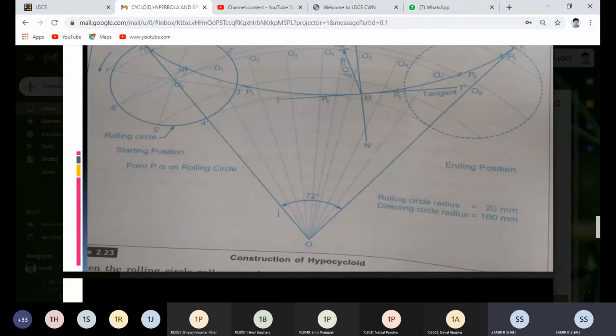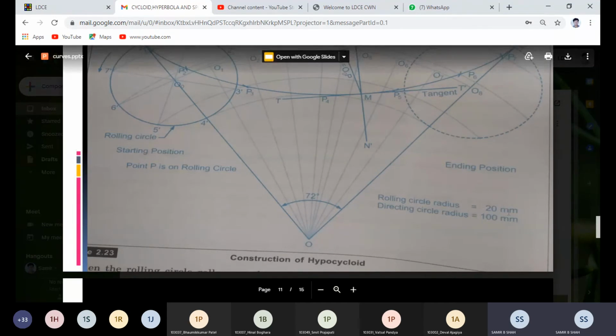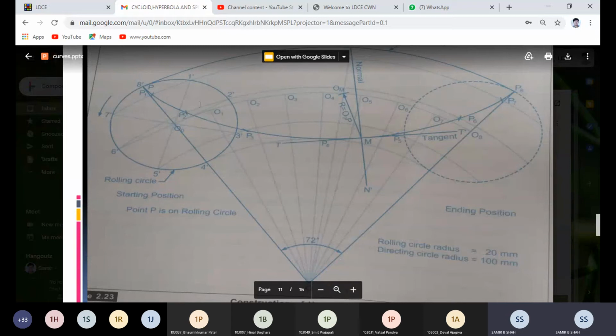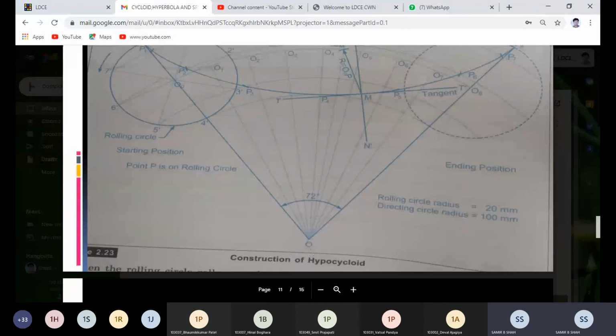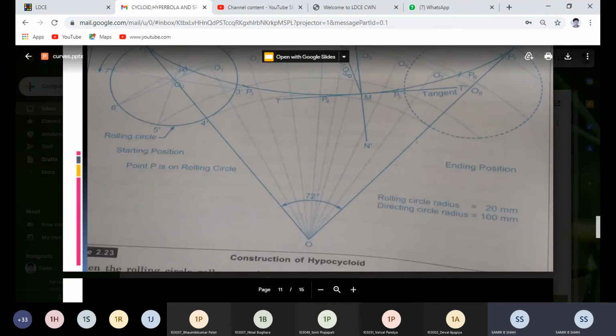That is subtended angle. Okay, so same method, that is r by R into 360. Theta is equal to 20 divided by 100 into 360, so almost 72 degrees, right? And if we are converting into 8 parts, then each part is 9 degrees. So it's very easy. First, from a random point O, draw 72 degrees.